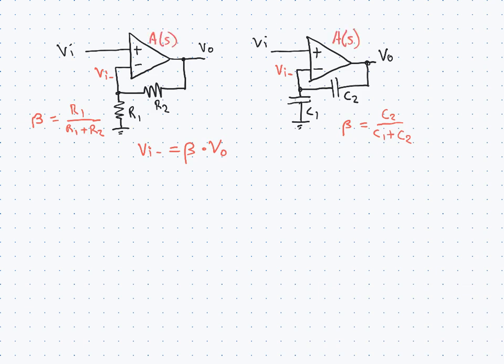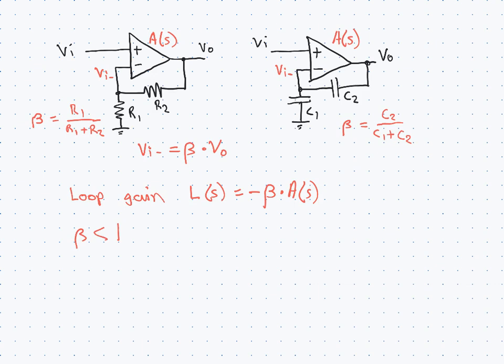Now, if the op-amp has an open loop gain of AFS, we can now find the loop gain as the feedback factor times -1 times the op-amp open loop gain, like so. Now, if one is designing a general op-amp, then we would assume that the worst case situation for the loop gain is that it is equal to the open loop gain, because the maximum value for beta is going to be 1, since there's no gain in